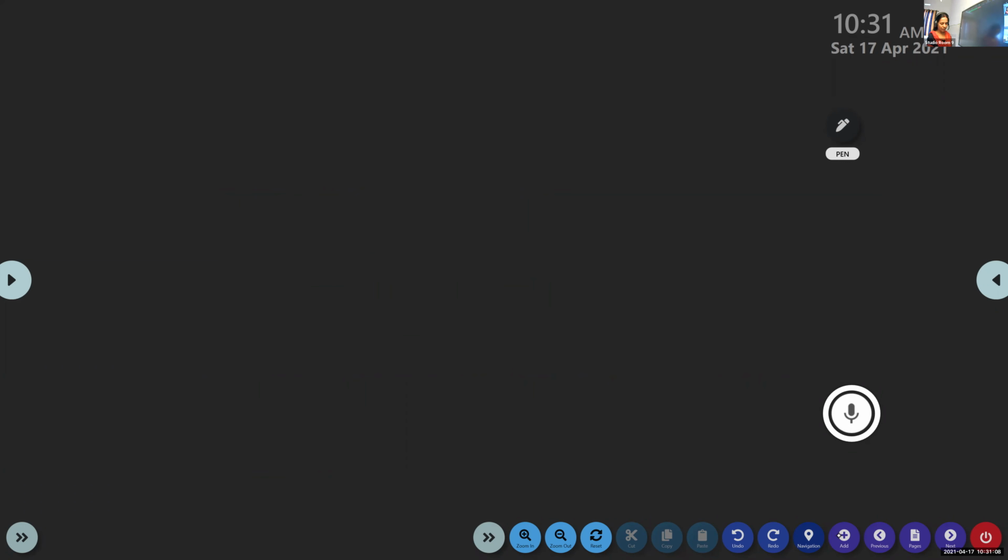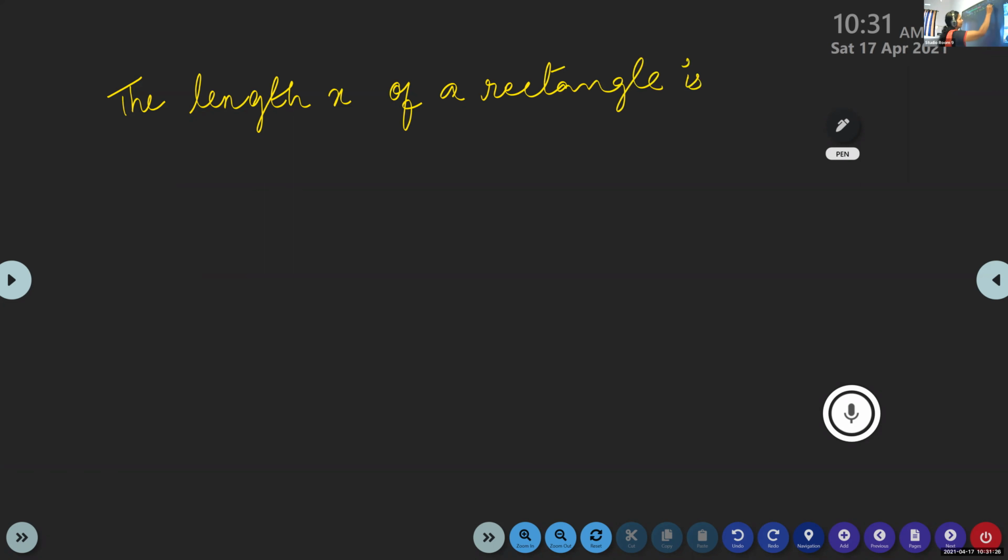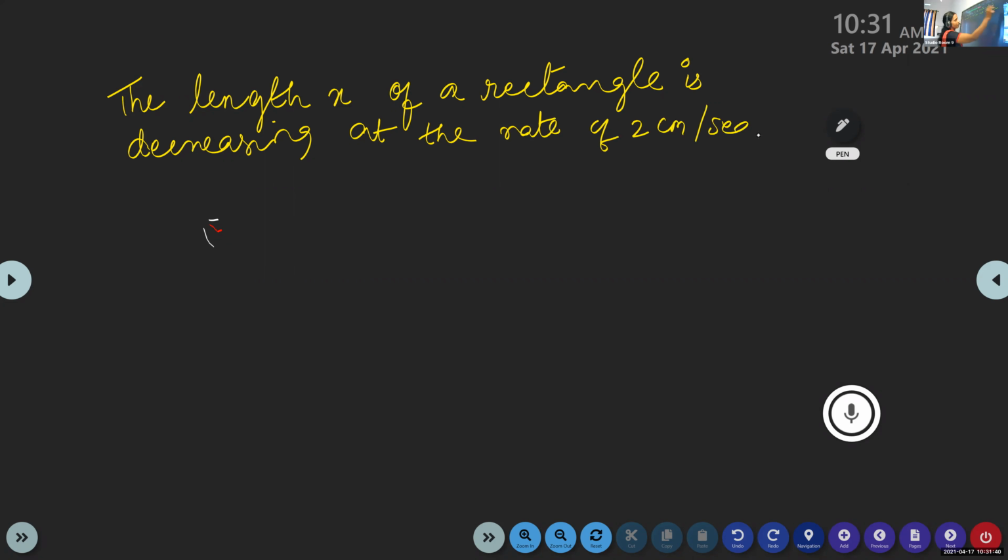The length x of a rectangle is decreasing at the rate of 2 centimeter per second,